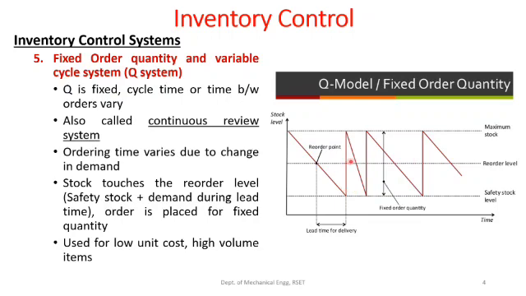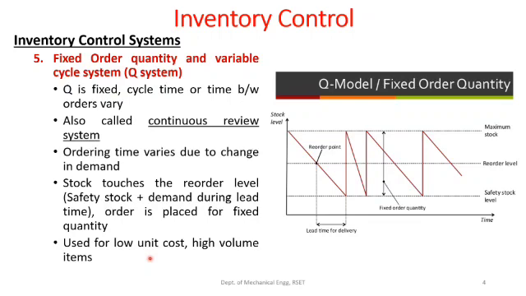So every time you hit the reorder point, you make an order for a quantity, and this quantity is generally fixed. Okay, and this quantity is generally asked for every time. So this system, as I told you, is used for low unit cost and high volume items, and is normally preferred when the supplier puts a minimum quantity restriction. Okay, so if the supplier tells you that there is a minimum quantity of item that needs to be ordered, it is preferable that you have this particular inventory control system called the Q model or the